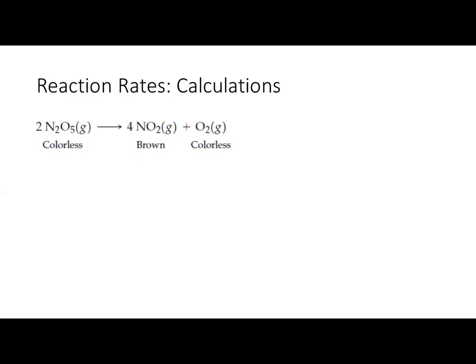Now, today, in a similar way, we will calculate the rate for the other two. One is the product and one is the reactant. And then we will correlate the rate of one reactant or the product with each other. So we can compare which one's rate is fast as compared to the other one, or which one is slow as compared to the other one. So this is the main objective of our class today.